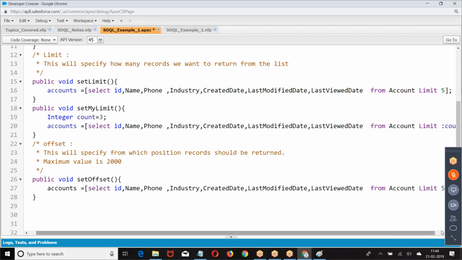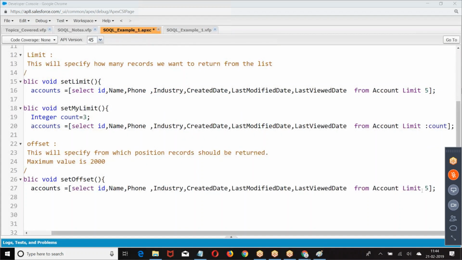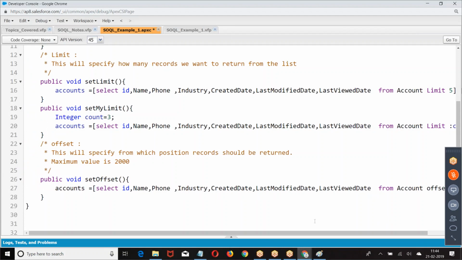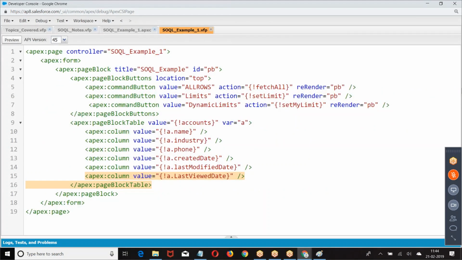So I have given here offset 5. When I say offset 5, give me the records from the fifth position.